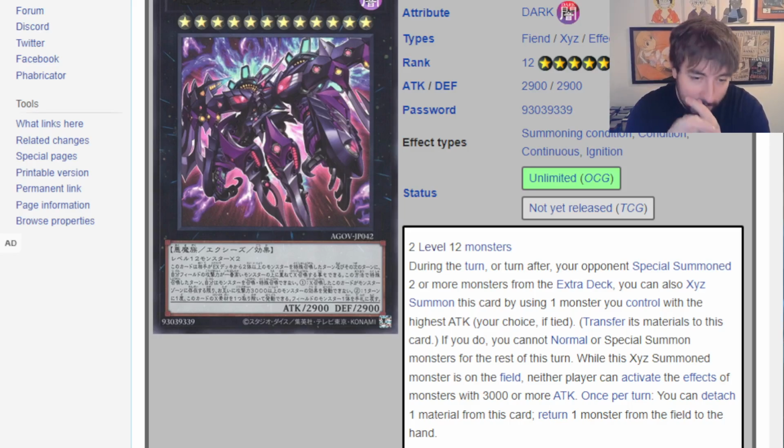That's non-targeting. And he can just be overlaid on any monster as long as your opponent special summoned 2 or more monsters from the extra deck during the turn or turn after. Whether during your opponent's last turn or this turn, if they have summoned twice from the extra deck, you can just pretty much plop this on any monster with the highest attack on your field and then get those bonus effects. Now, once you summon him, you're restricted out of special summoning for the rest of the turn, but I